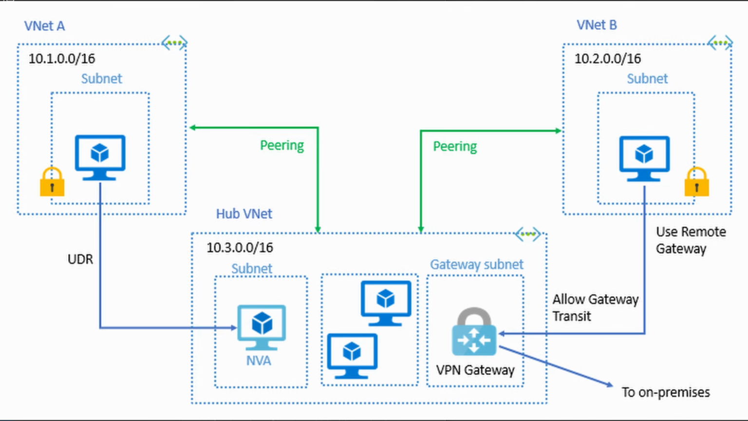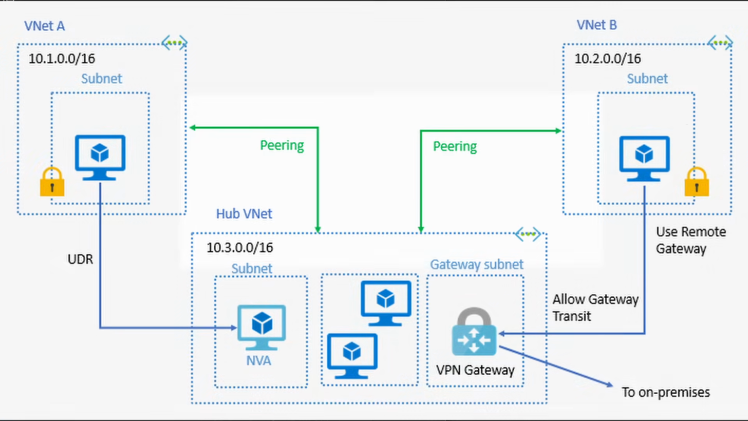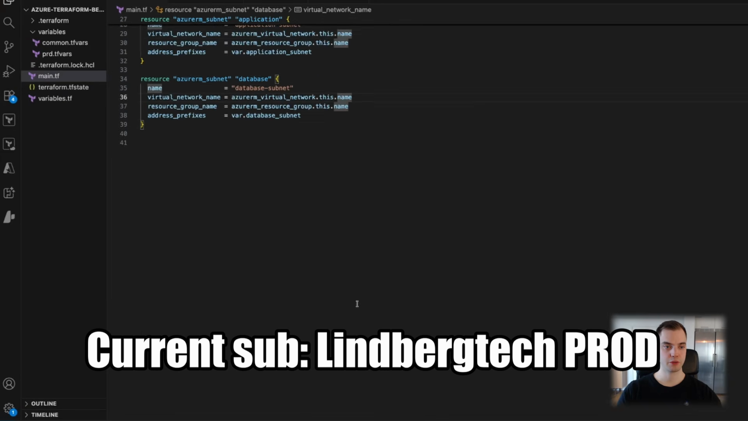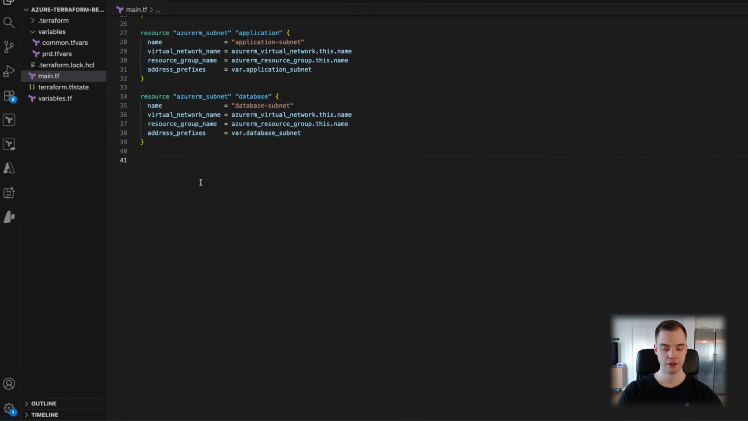Well, the solution is virtual network peering. Virtual network peering is basically a link between two virtual networks that allows them to talk to each other, and it lets traffic use the Microsoft private backbone network to go from source to destination. So here I've switched back to project A, or landing zone A if you will, and let's define a peering